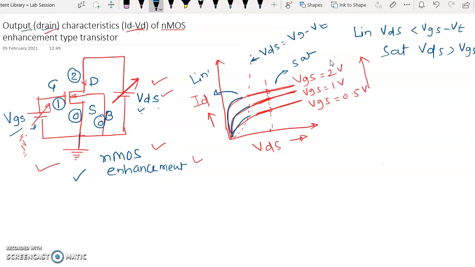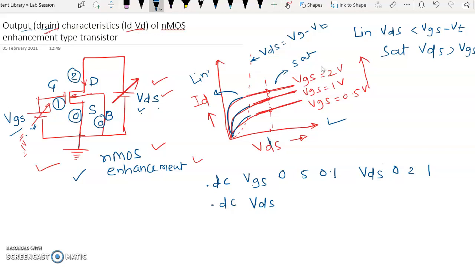Now whenever you are writing the ngSpice code for obtaining these characteristics, the only difference is between the ID-VG and ID-VD code. In the ID-VG code you know that we had written the line .DC VGS, varied from 0 to 5 in steps of 0.1, for a specific value of VDS, maybe 0 to 2 with increment 1. So here we had varied the VGS from 0 to 5 in steps of 0.1. But now in the ID-VD characteristics, we are varying the VDS, because the plot we are obtaining is ID versus VDS.